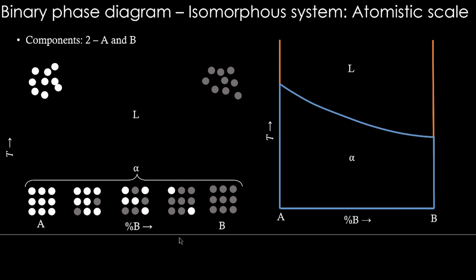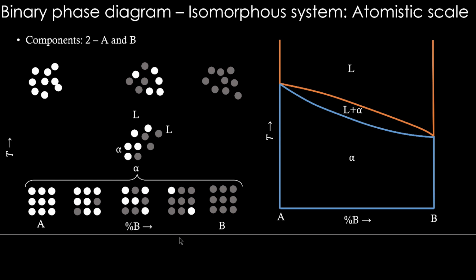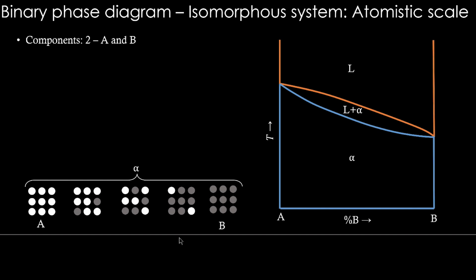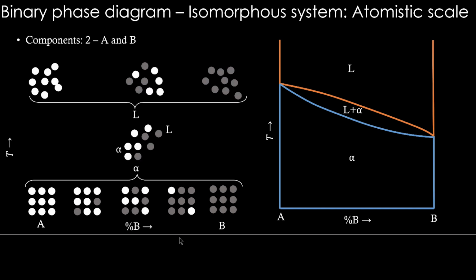Can we say beyond this line all the alpha will become liquid? The answer is no, because when alpha is heated beyond a certain temperature, it becomes alpha plus liquid. There is some liquid and some alpha. The same crystal structure is still remaining. So some solid and liquid exist together for a range of temperature. So let us call it the liquid plus alpha region, and only beyond another temperature everything becomes liquid. So at some really high temperature, for all the compositions we will have the liquid phase as the stable phase.